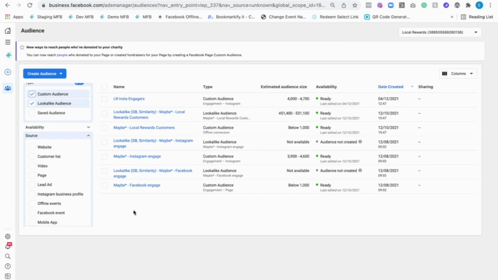that have been created. Now, Maybe automatically creates 4 different core audiences for you, and those are your Maybe Facebook engaged audience and your Maybe Instagram engaged audience, as you can see here. Now, these audiences are based on individuals who have already, like I just said, engaged with your content on your Facebook page or your Instagram profile. They are being constantly updated for you. So the more posting that you do, the more engagement you get, the more individuals are going to end up